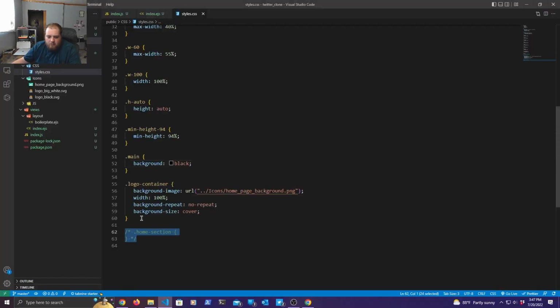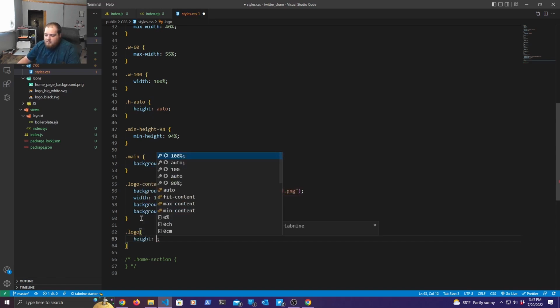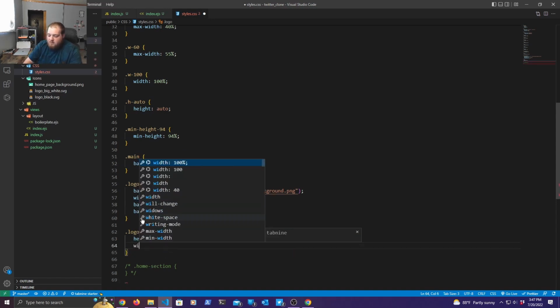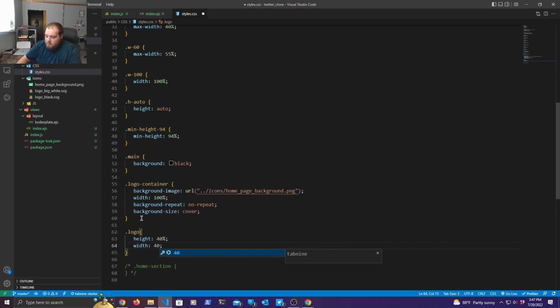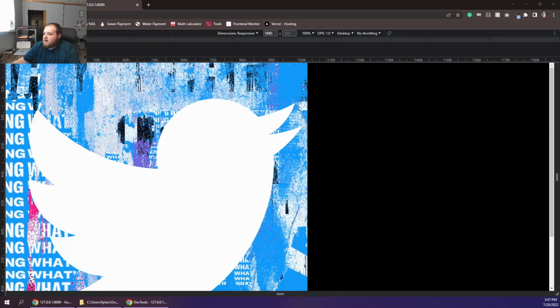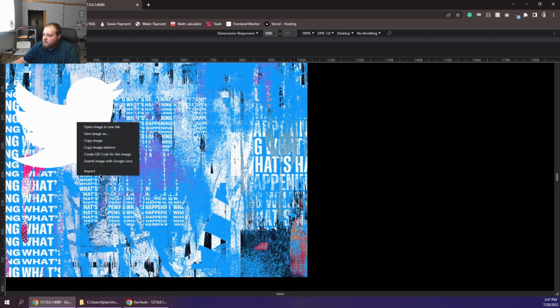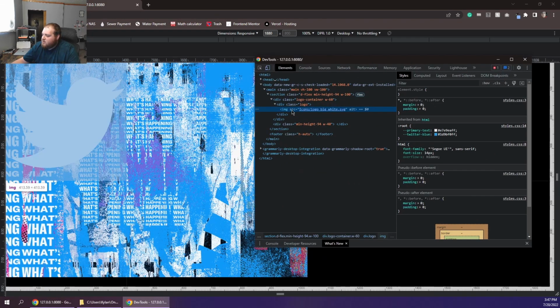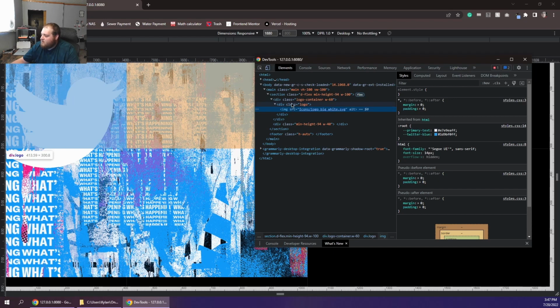Alright, now on the logo class, we want to go back over here. Let's do the .logo class. Height, I want to set a height and a width of 40% of the parent container. 40%. Alright. Let's see if that sizes that down a little bit. There we go. Looks good. So, yes, now we just need to align that in the very center,